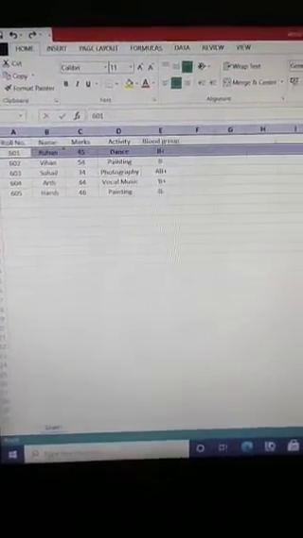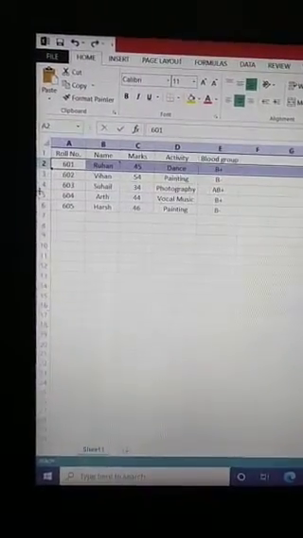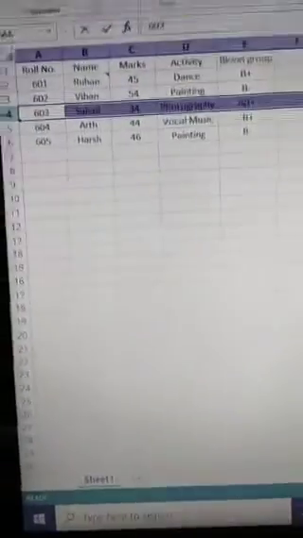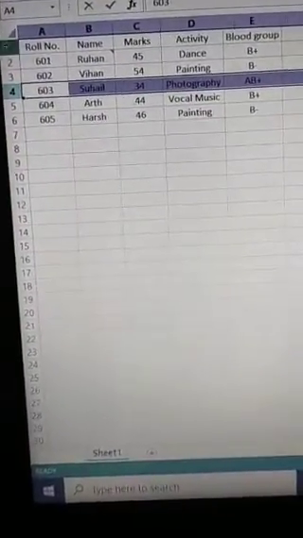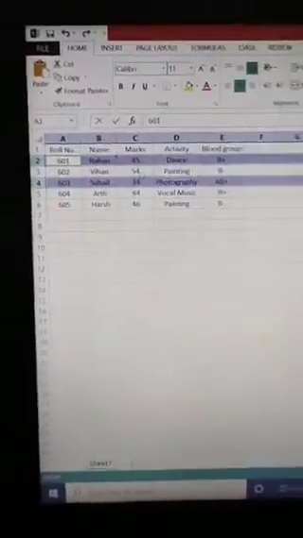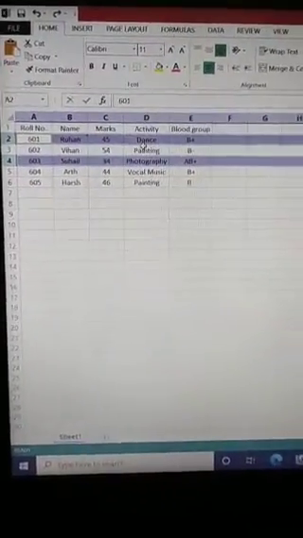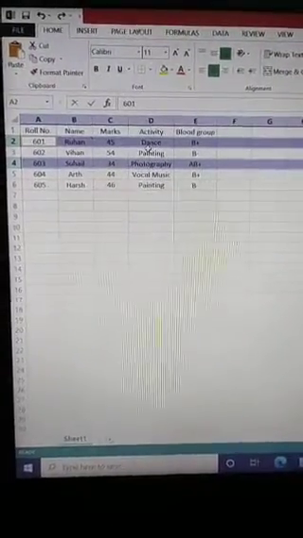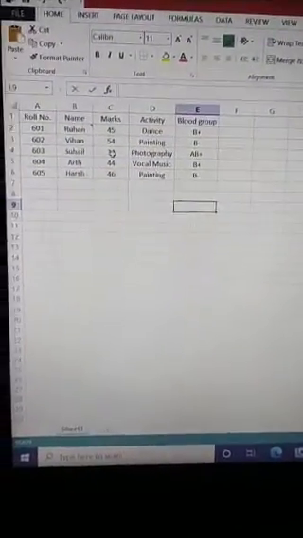Now you can see this row is selected. Now if we click on 4, then this row is selected. If we want to select multiple rows, then I have to press the CTRL key, and again click on this other one. Then you will see that multiple rows have been selected.